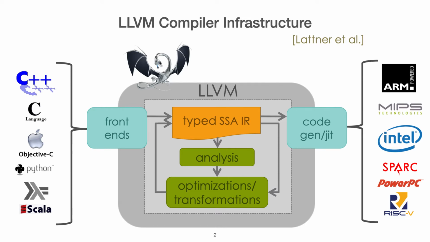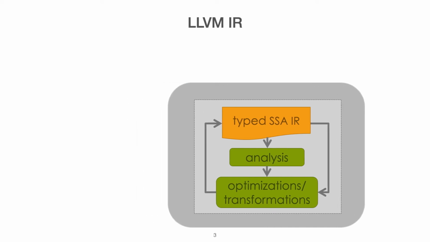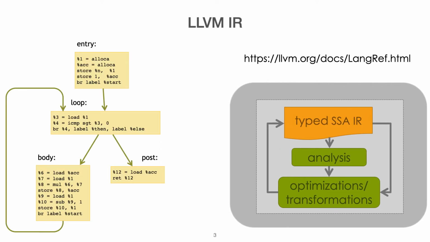It's well known, for instance, to be at the center of the Clang compiler, but really it has been used for a variety of both academic and industrial projects. It's a humongous project as a whole, but in particular at its core is a programming language, the so-called LLVM IR, for intermediate representation. This language has been designed to be extremely suitable for analysis and program optimization while being low-level enough for backends. It's a control flow graph-based language in so-called single static assignment form with low-level instructions. So it looks simple enough.